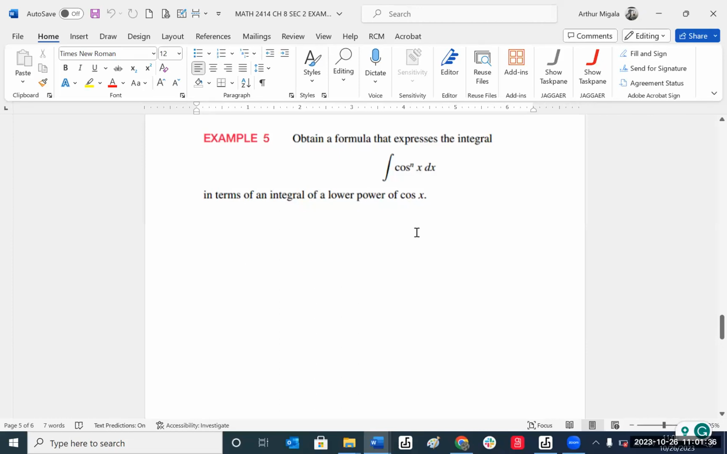Okay, obtain a formula that expresses the integral. This is example 5. The integral of cosine to the n of x dx in terms of an integral of a lower power of cosine. Obtain a formula that expresses the integral of this in terms of an integral of a lower power of cosine. All right, so we look at this as